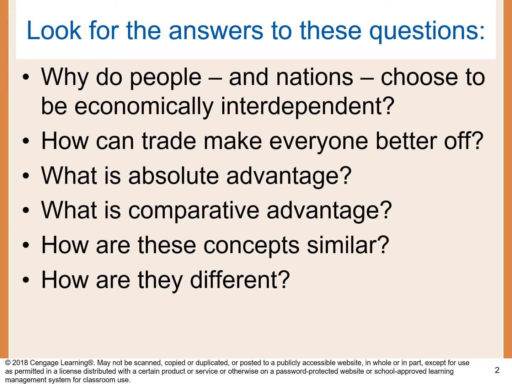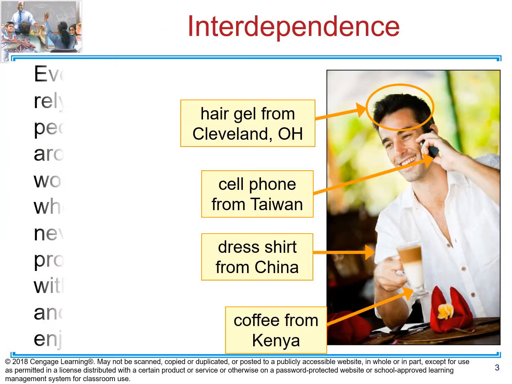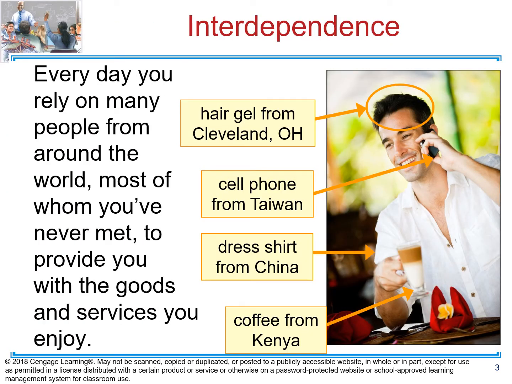In this chapter, we're also going to learn about a new theory or definition of absolute advantage. We're also going to talk about what is the comparative advantage. We'll talk about how they're similar and how they're different, and how we can apply this absolute or comparative advantage to analyze our trade. So guys, here there is an example of a person, an individual, and pretty much it's saying here that